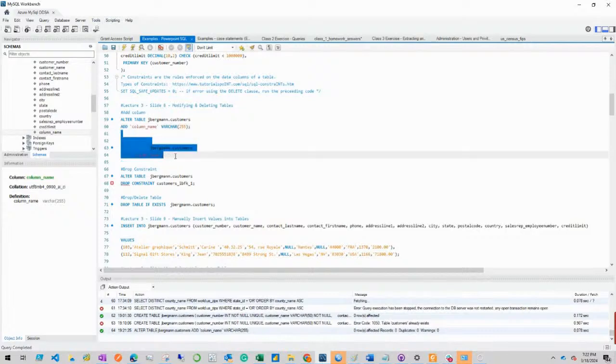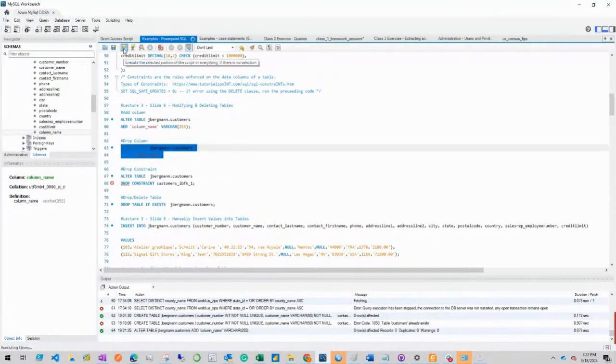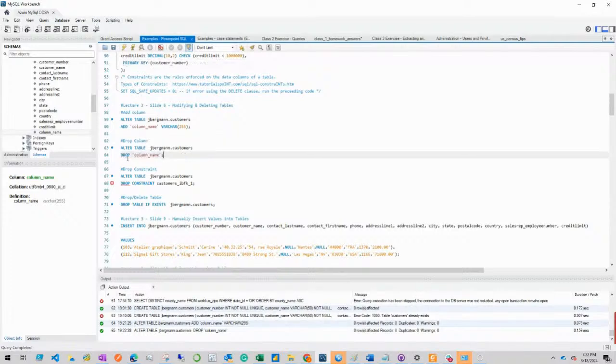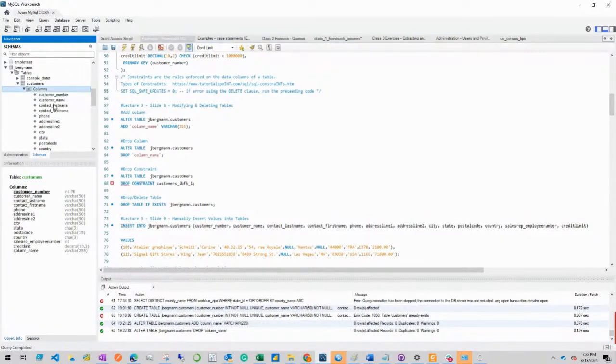Right, now we can drop that same column by doing ALTER TABLE. So you aren't deleting the table or dropping the table, you're just altering the table structure, and specifically the column structure, or you can do it with primary keys too, and dropping constraints. So if we are to drop column here, you say ALTER TABLE, and then right below it DROP that column name. If we refresh this table,